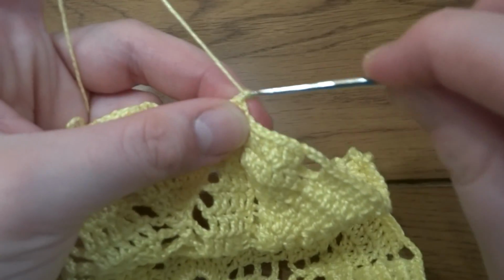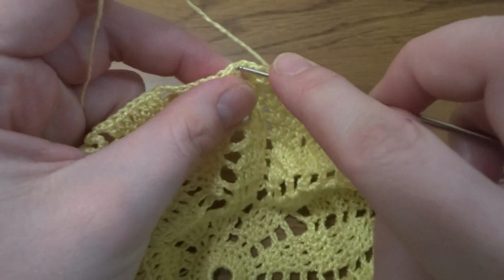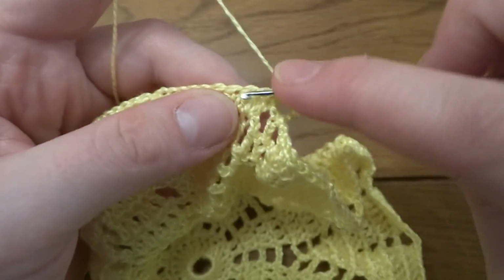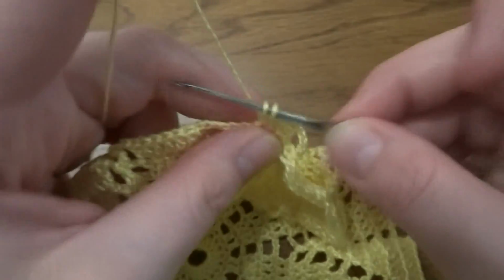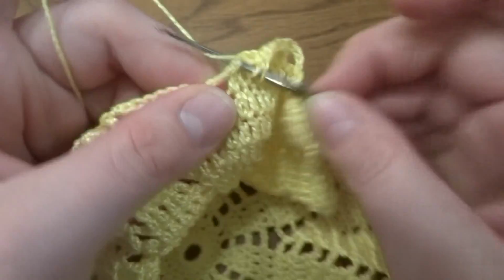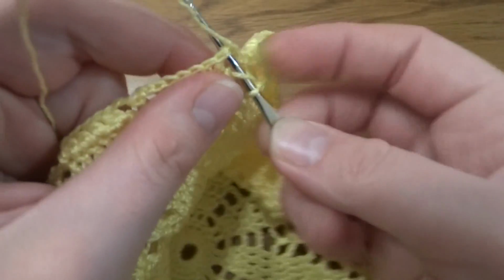Round 14, chain of 3, 1, 2, 3, so this is our double crochet, then another chain of 3, 1, 2, 3, 4, chain 3 space, and now in each stitch we have to work 1 double crochet. So 1, 2, 3, 4, 5, 6 and 7, then chain of 4, 1, 2, 3, 4, and again in each stitch we need to make